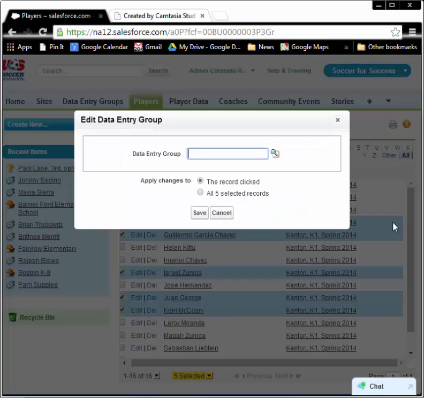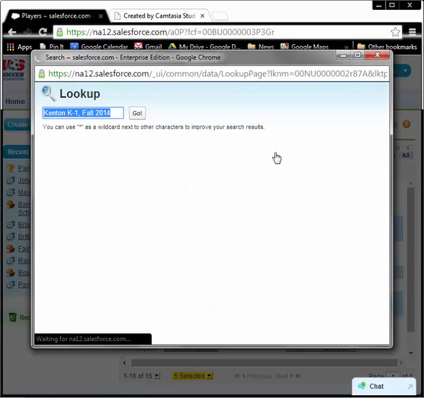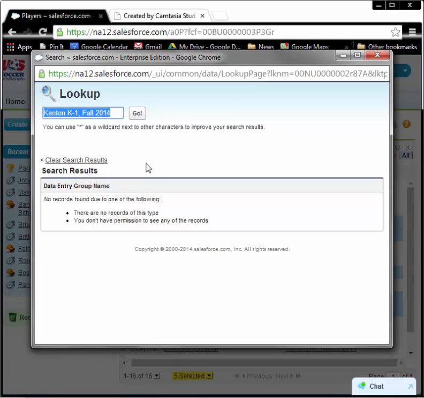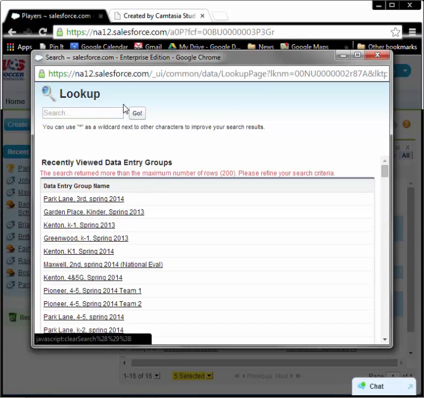I double click the pencil, and then I want to make sure that I check all 5 selected records here, and I'm going to change their data entry group to Kenton K-1 Fall 2014. We want to make sure that you get the same one. And it's not there because I didn't create it this time. But when you've created it,